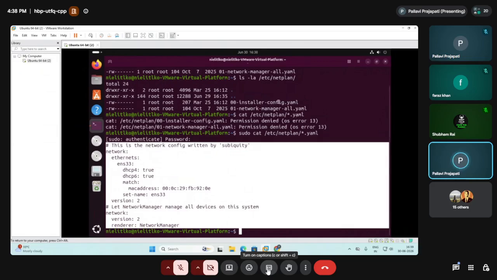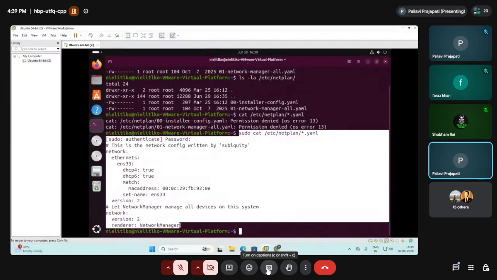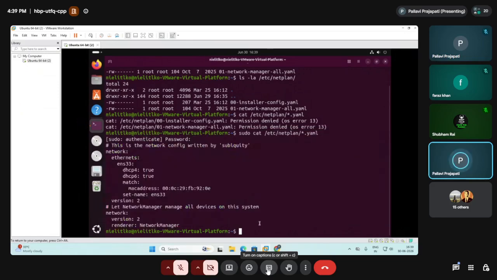Only root, I think here the owner is root, because I, the user, haven't created this file, the installer config.yaml. So I am not the owner, I am not in the group, I am others. So only the root can read or write inside this file. Temporarily with sudo I have got that administrator power. That's why I have seen this file. I have read this file. Is there any problem with this command? No, ma'am. Good.